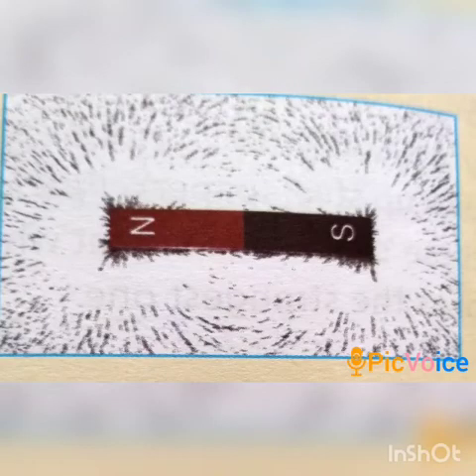Now, the strength of a magnet, as the point of observation moves away from either of the poles, goes on decreasing towards the middle of the magnet. That means when we move towards the middle of the magnet, the strength of the magnet decreases. At the center, the strength of the magnet becomes almost zero. By an activity, we can understand it.